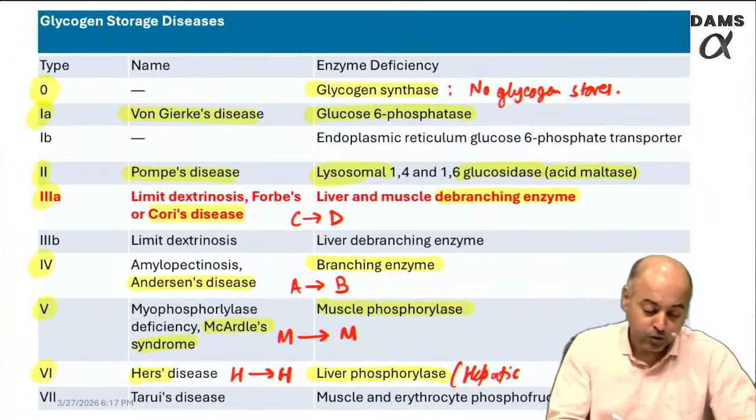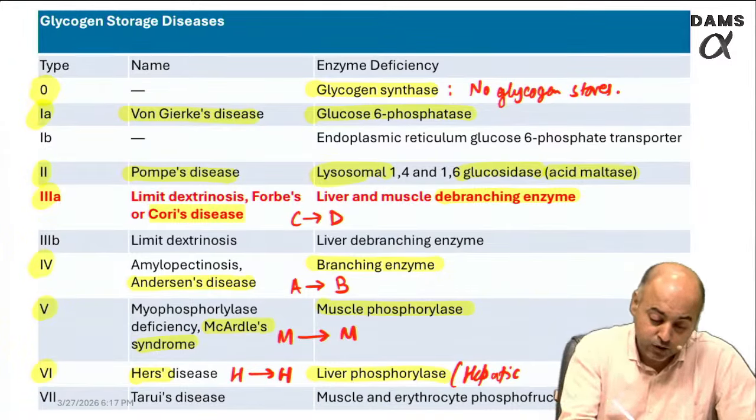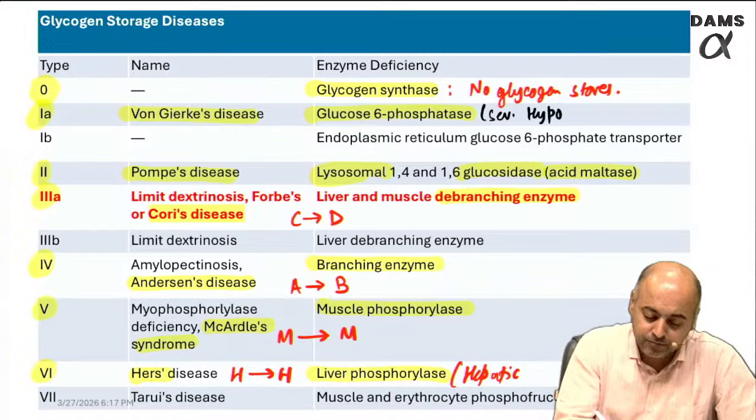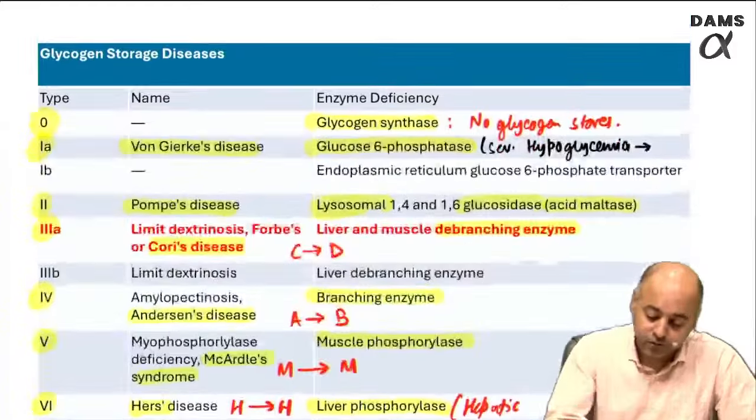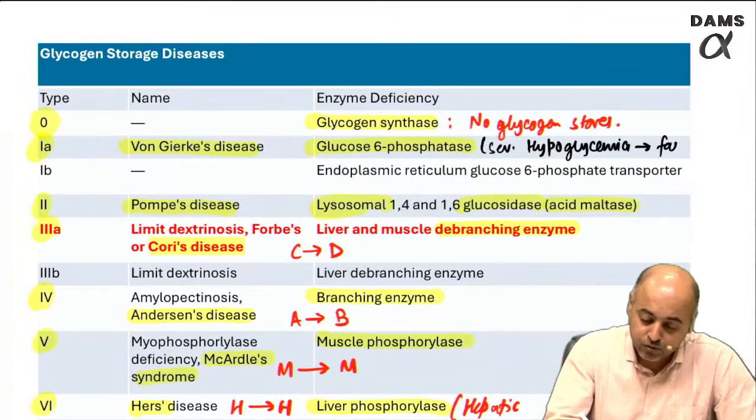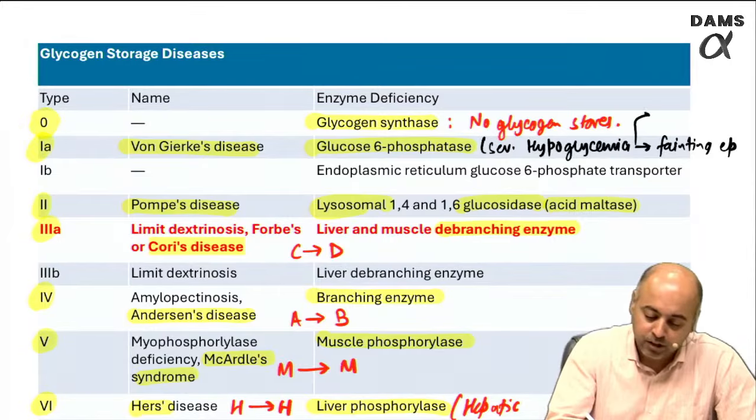Second, about von Gierke's disease, what you have to remember is there is very severe hypoglycemia, and this very severe hypoglycemia can give rise to fainting episodes. So another important feature is a fainting episode. In the question, sometimes they can also mention hyperuricemia, and they can use the term